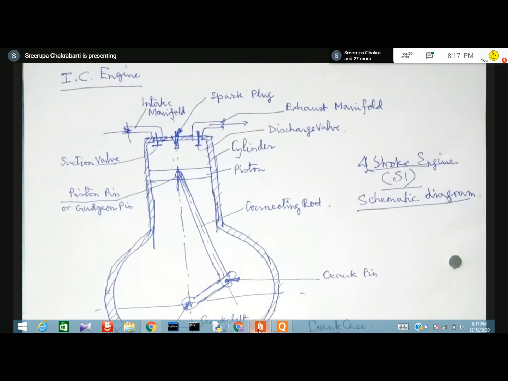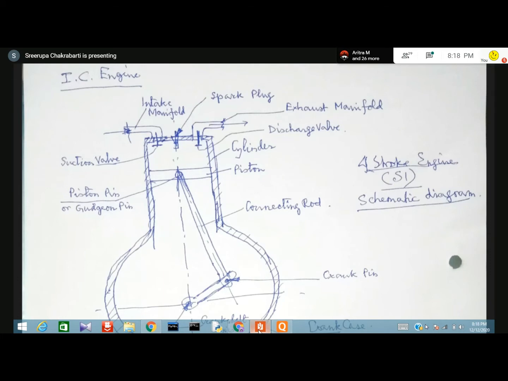Now for this reciprocating engine, there are two kinds. One is the spark ignition type, spark ignition SI. Another is compression ignition CI. These terms you will come to know. Need not be very much worried about that. These terms will be used millions of times. Spark ignition, compression ignition, and in short we will call them SI and CI. SI stands for spark ignition.